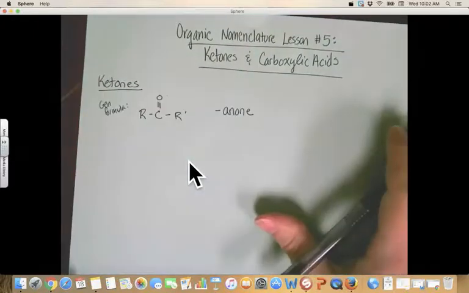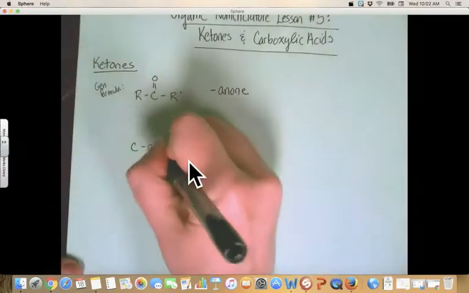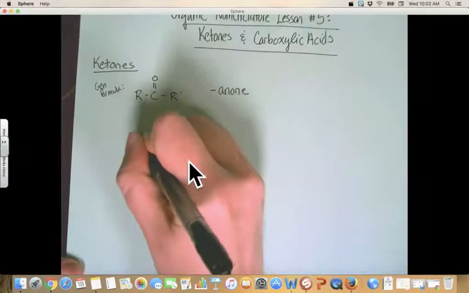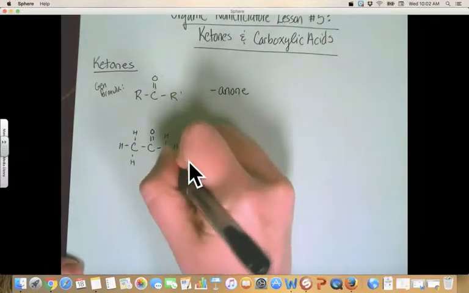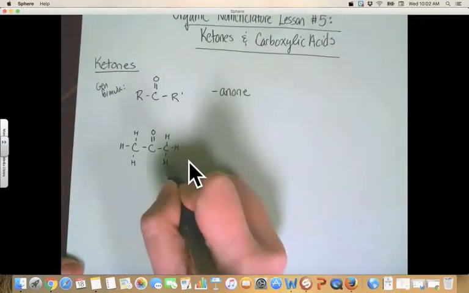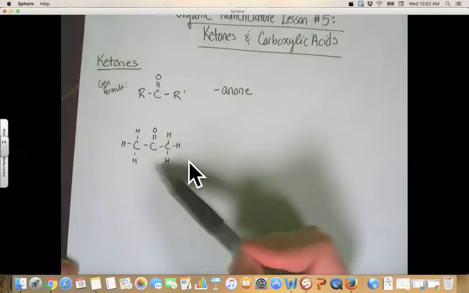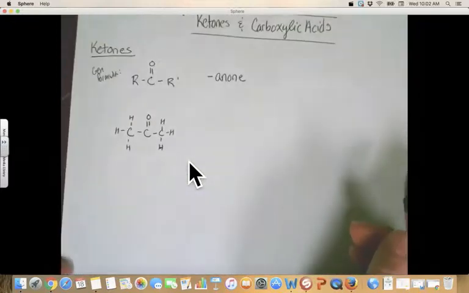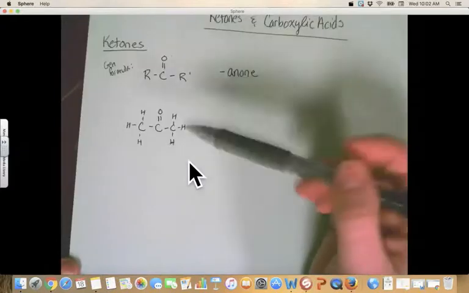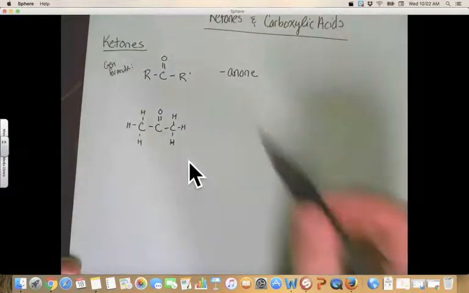So let me give you a quick example. Let's say we had this guy. Now notice that whichever carbon has the double bonded oxygen on it doesn't have any hydrogens because carbon's only going to bond 4 times. So that'll help you draw the structure correctly. So if we're going to name this guy, I'm going to see that there's 1, 2, 3 carbons. Our root for 3 is prop, and then we're going to add in that